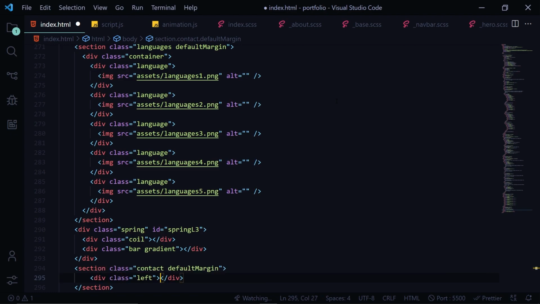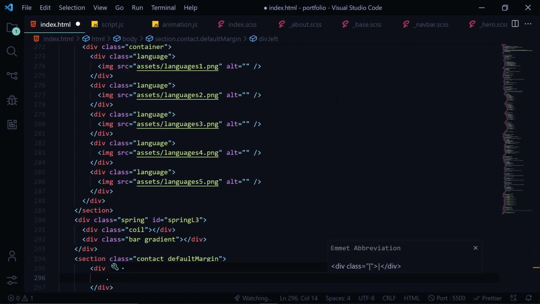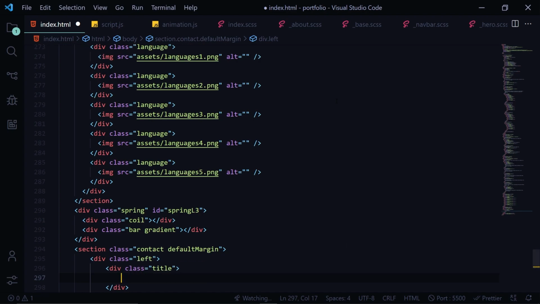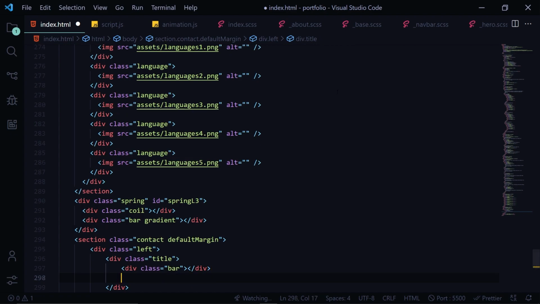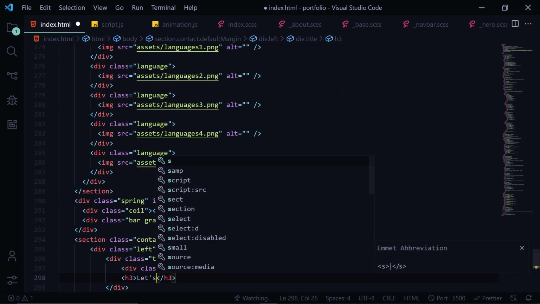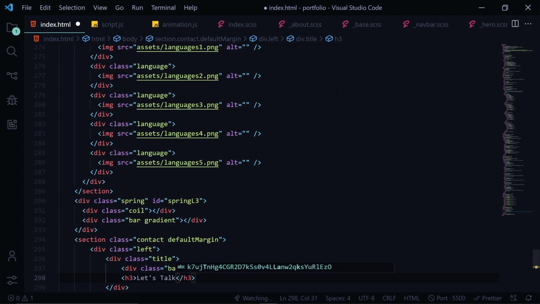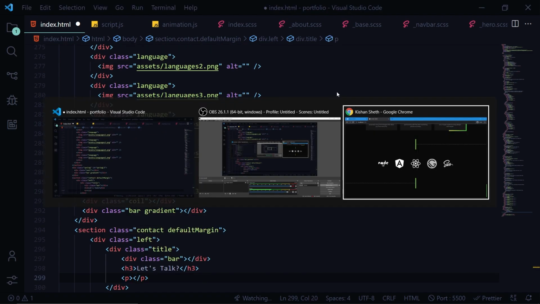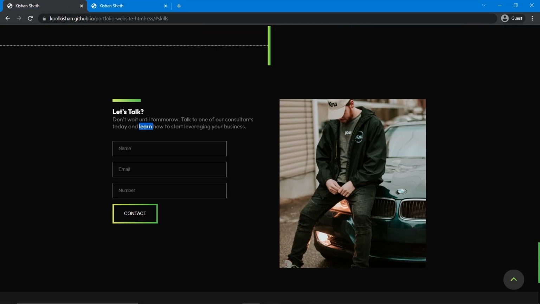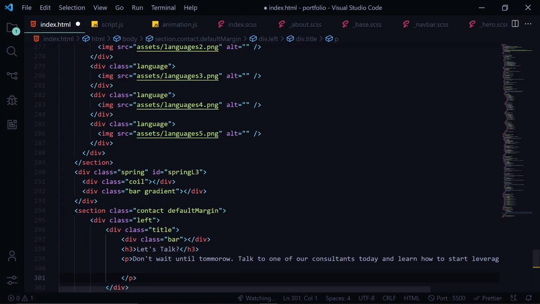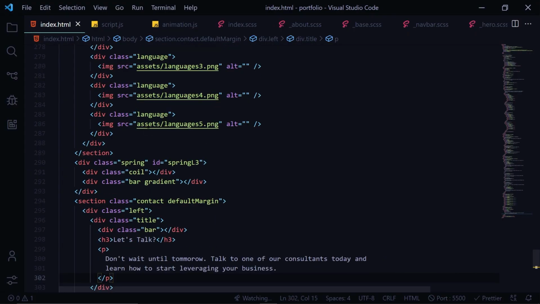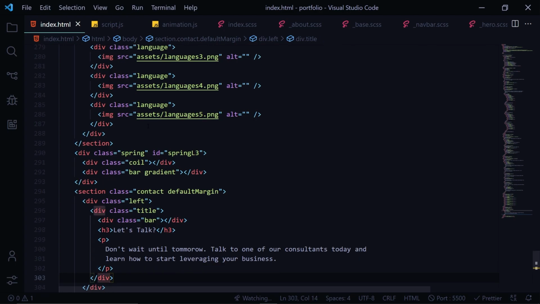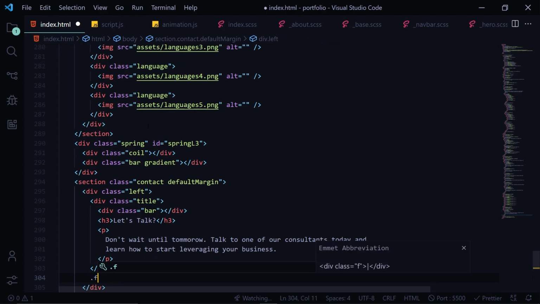We have the left class. Inside the left we have the title, we have the bar, page 3 which says let's talk, P. We're gonna have this content copied, save it, and now after this div we have a form,